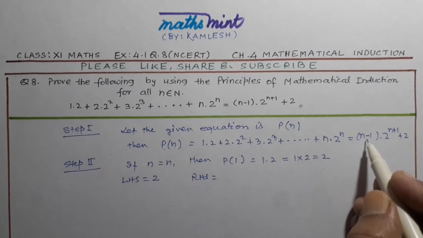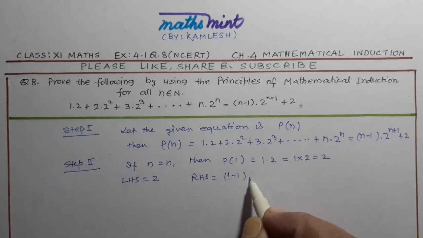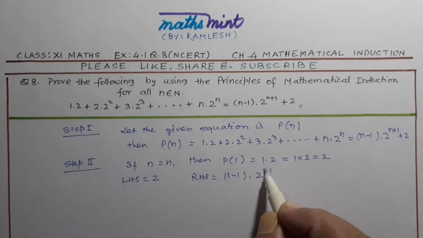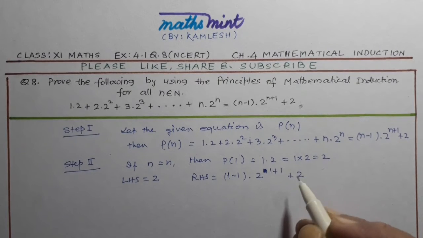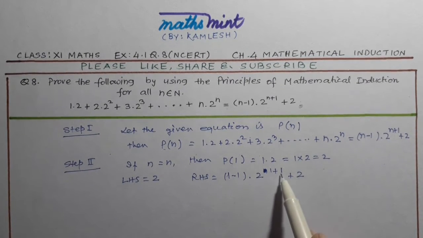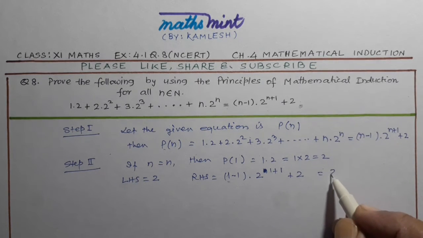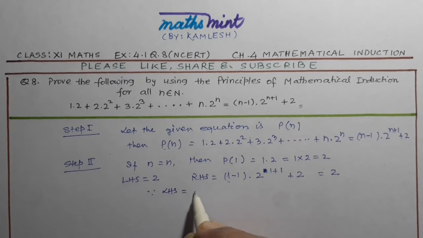At the place of n we write 1: (1−1)·2^(1+1) + 2. So 1 minus 1 will be 0, and 0 multiplied by anything will be 0. Only 2 will remain, so RHS is equal to 2. Since LHS is also 2, LHS is equal to RHS,